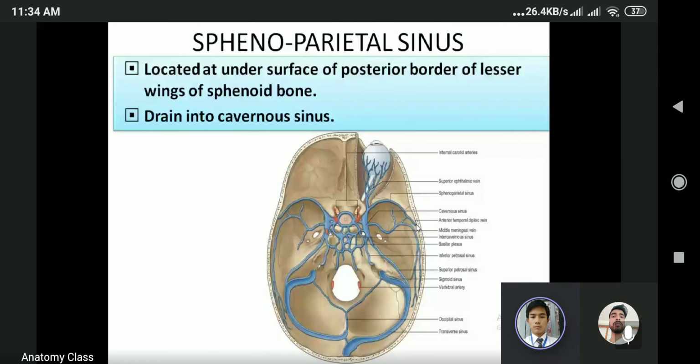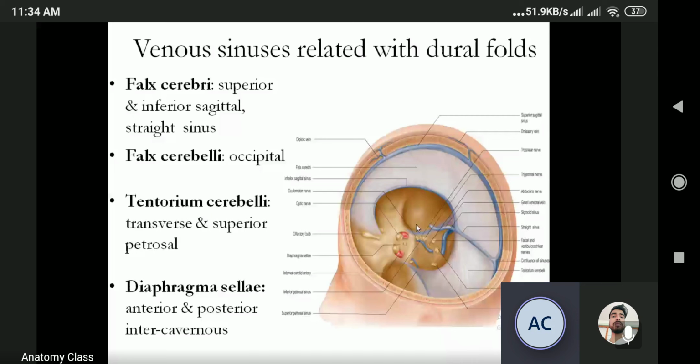Anterior and posterior intercavernous sinuses are related with the diaphragma sellae. Okay, so this is all about the dural venous sinuses, and previously we have talked about the paired and unpaired